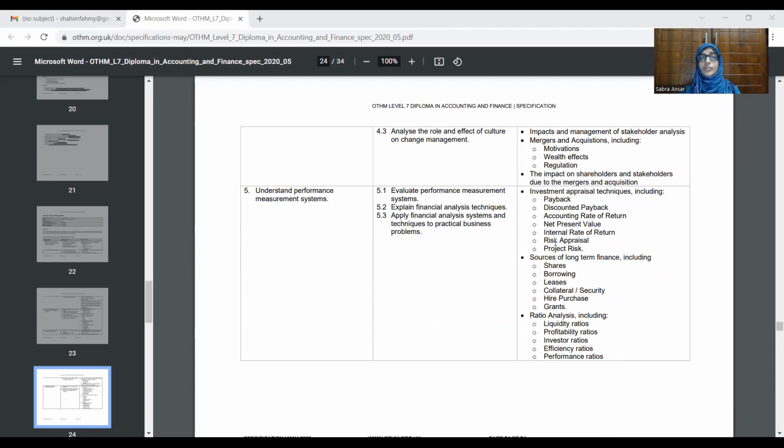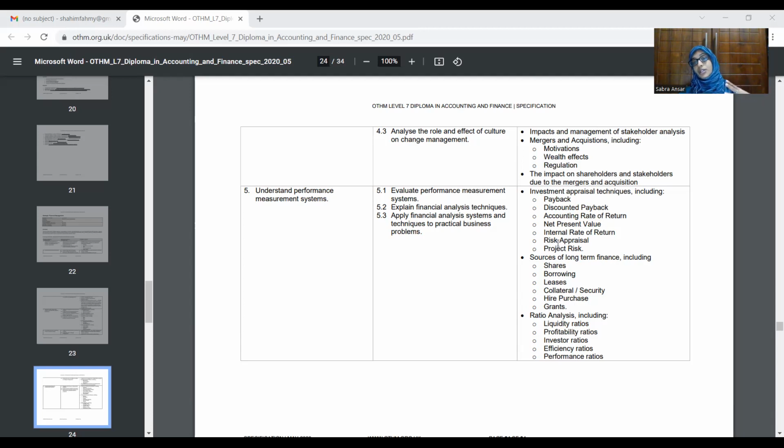Also here, we will be talking about the sources of long-term finance, such as shares, borrowings and leases, grants, and hire purchase, just a small idea to figure out what these